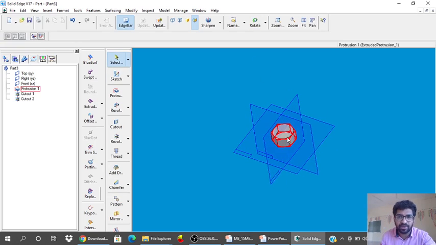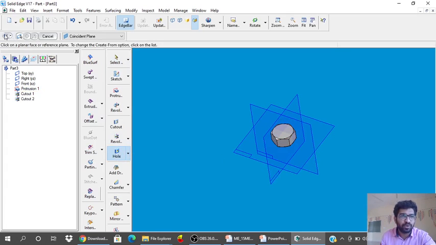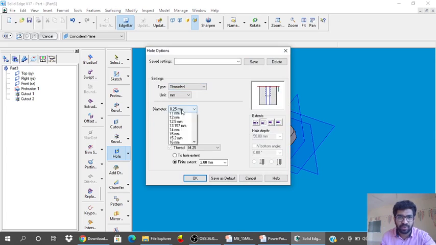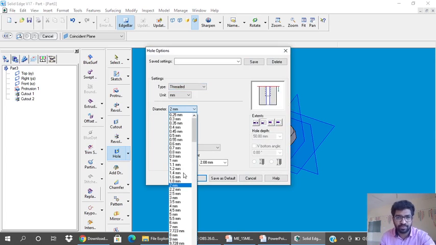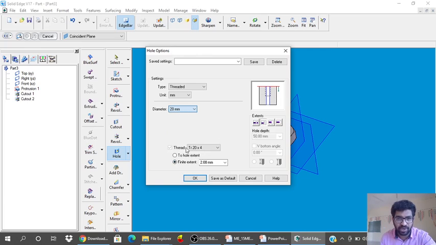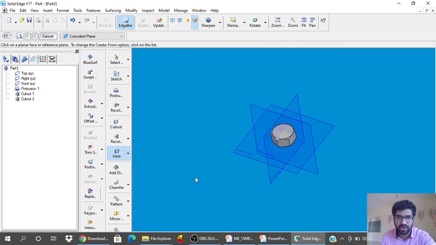Now we will create the threaded portion. To create threaded portion, go for hole options. It will be a threaded hole, diameter of 20 mm. Select diameter 20, select M20, hole extent will be through, and say OK.